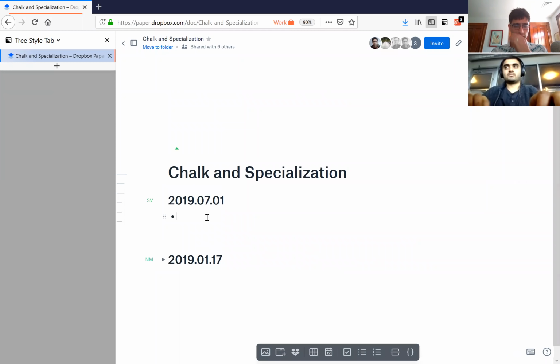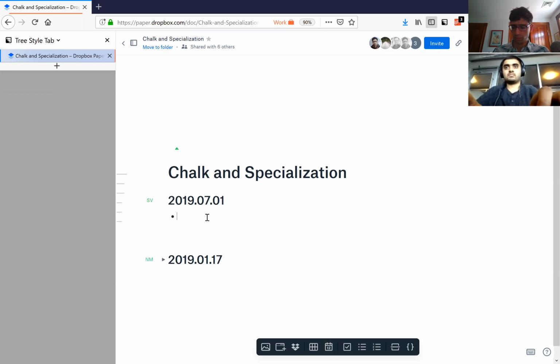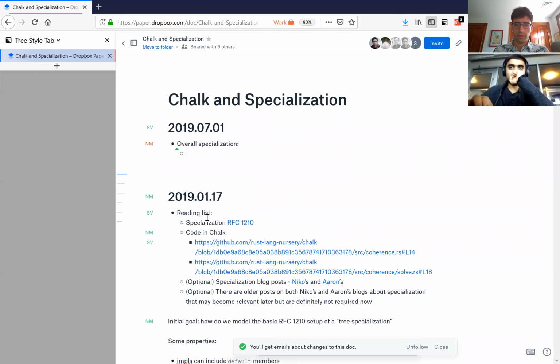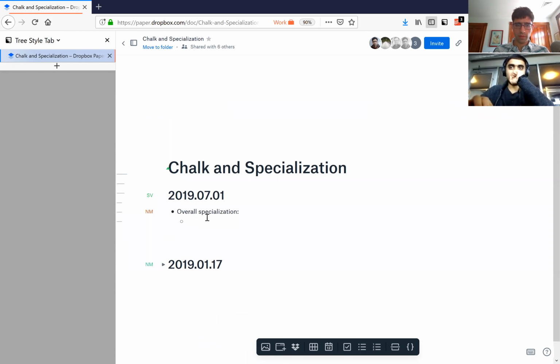So I was hoping we could talk a little bit about chalk query structure, which I've been meaning to think about anyway. So I think that's pretty relevant. So like we were gonna do, or the overall plan around specialization, before we go there, make sure we're in agreement on this. The overall plan that we were working on